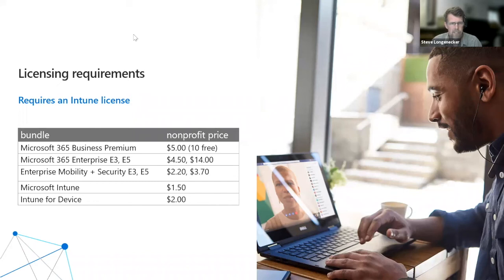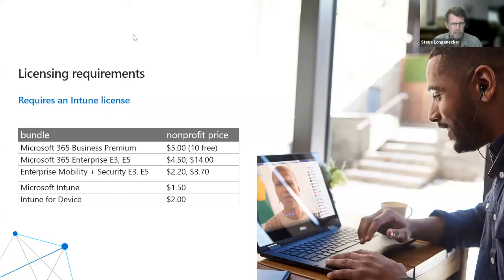The Microsoft 365 Enterprise E3 or E5 should not be confused with those, and the price points are not correct there. So Office 365 E3, which is $450 a month, does not include the Intune license. Microsoft 365 E3 is a different SKU that almost none of our clients use, but it includes a Windows license. That's a lot more expensive, although I'm sorry that we fumbled this a little bit. But I would just ignore line 2 on this table, and we'll clean it up before we